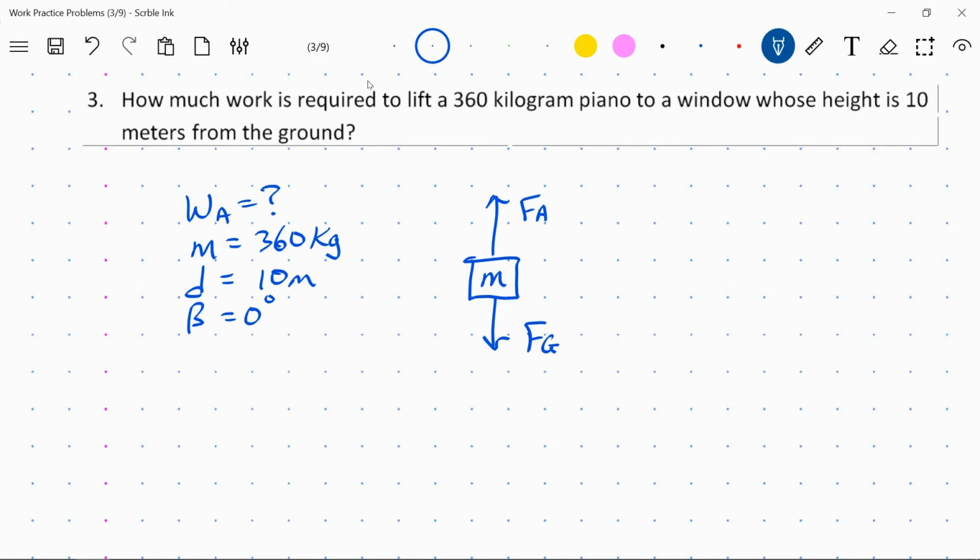Okay, now, this is a nuance the first time you come across it, but let's just be clear. In order to lift that piano up, you would need to apply a force ever so slightly greater than the force of gravity at first to get it going from the ground, but truly throughout the lift. Imagine that it's just moving along nice and slowly at a constant velocity throughout the lift. That's what I'm really focusing attention on, is while lifting